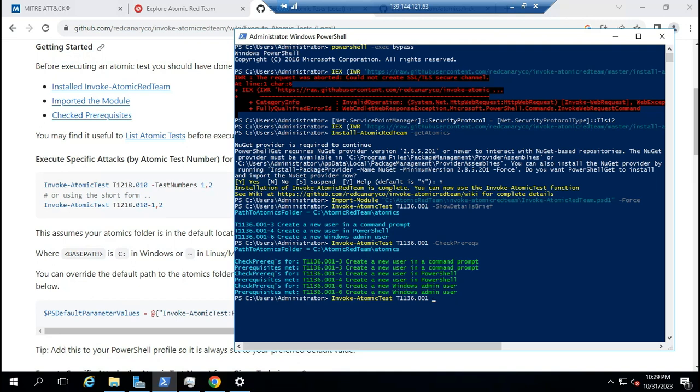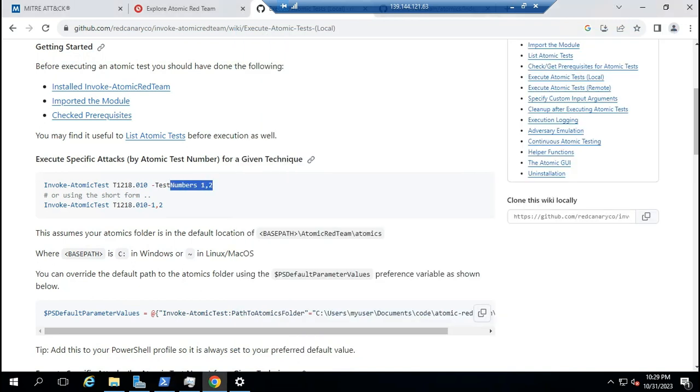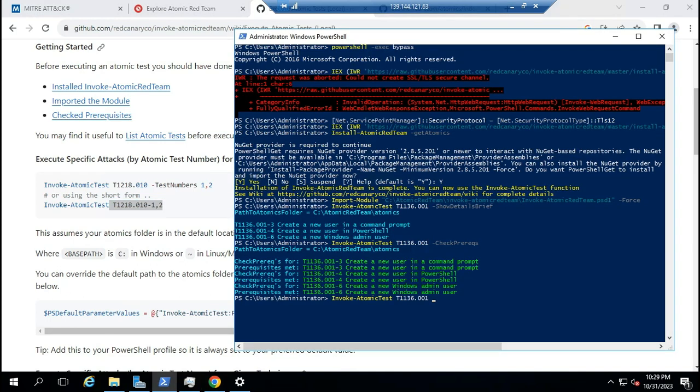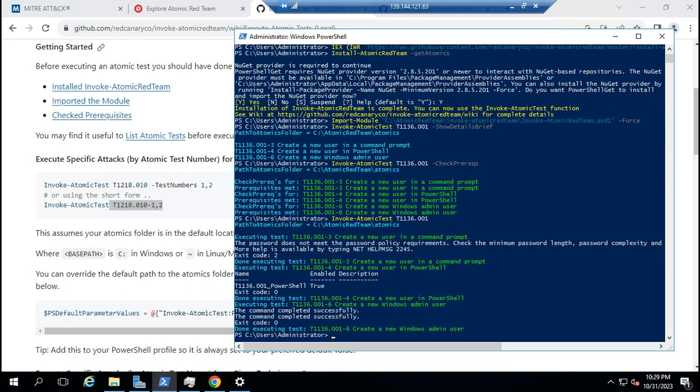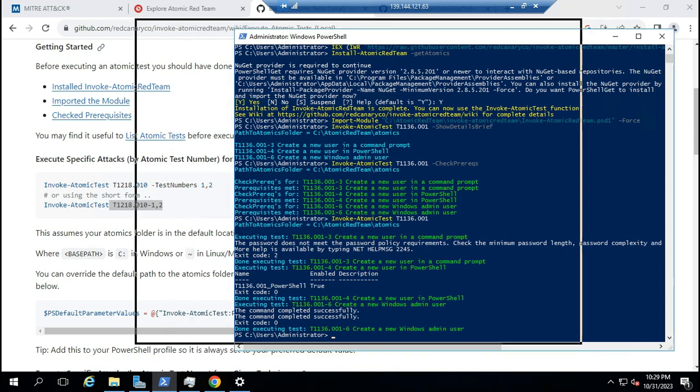You can use test number 1 or number 2, but I will test all of them, like create a new user and create a Windows admin user. So just run it, enter. Okay, the test is